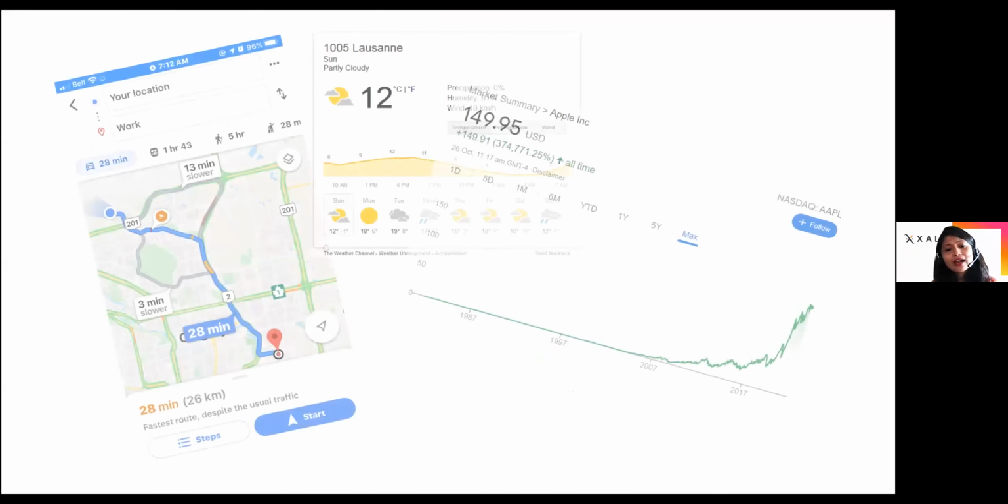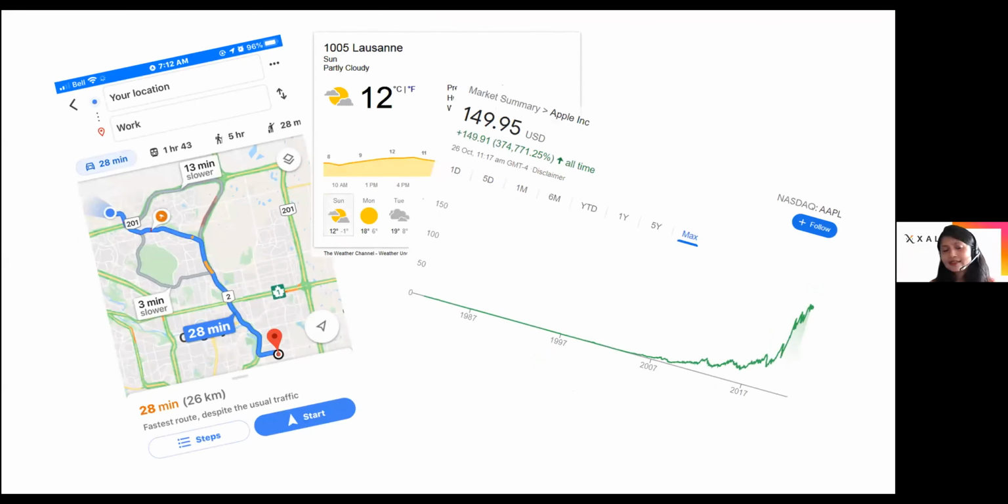So if we look at data analytics, we get to see a lot of use cases in our daily lives as well. For example, if you try to gauge how much time it takes to go to work from your home, you look it up in Google Maps, and that gives you a predicted time.